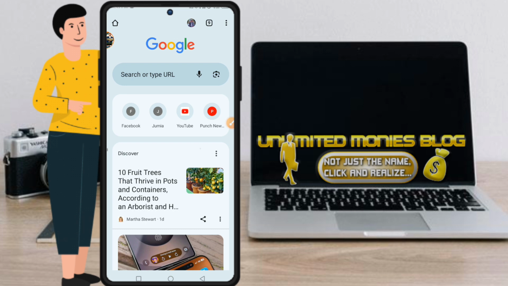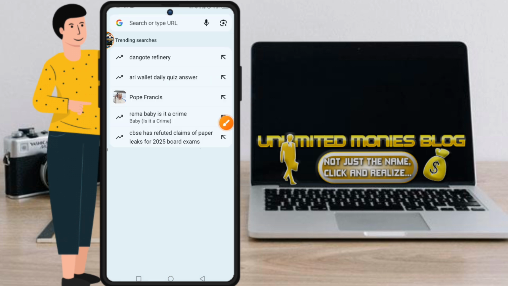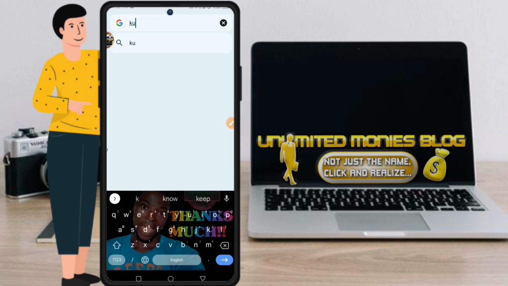So now you want to look for the platform name. Already I mentioned it, known as Kodular. So you click on this search or type URL option here. Once you click on it, you are now to type the URL. You type it